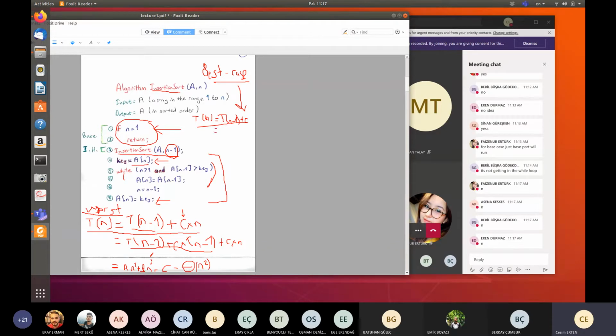So again, I could do the same operation. I could try to expand T(n-1). To do that, I would simply replace n with n-1 in this formula. I will get T(n-1) is equal to T(n-2) plus this constant C, plus the constant C from the previous iteration. So this part, T(n-2) plus C, is T(n-1), and this C is the previous C. Now if I keep on repeating this,